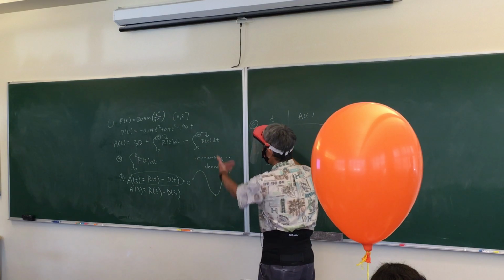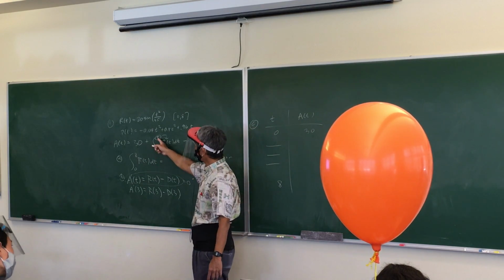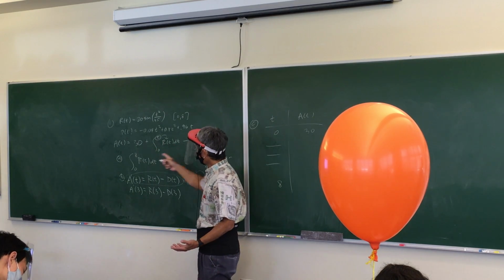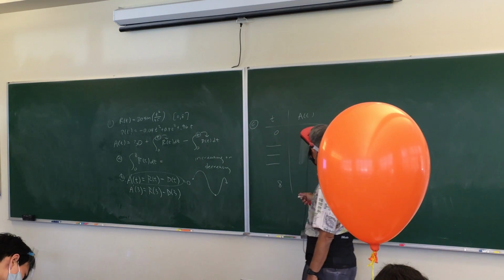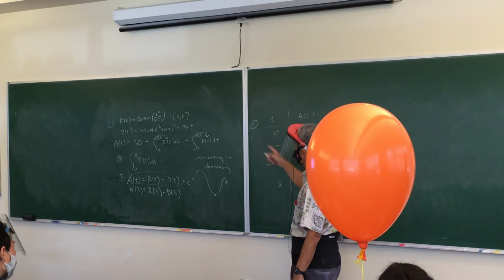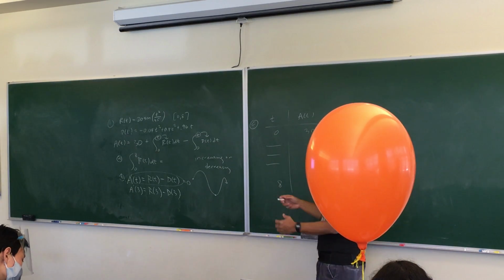Look, 0 is easy, right? You plug in 0, shouldn't you get 30? Yeah. Because the integral from 0 to 0 is 0. Anyway, they told us there's 30 gallons at the very beginning, right? And then whatever numbers you have here, you plug it into there. And then, once you get all of these numbers, you just,